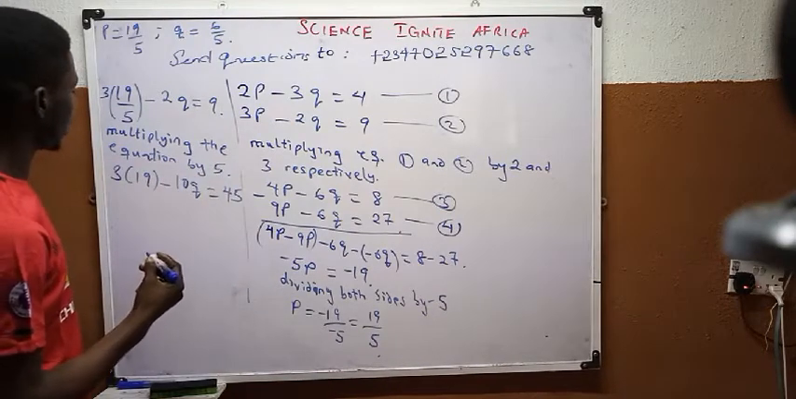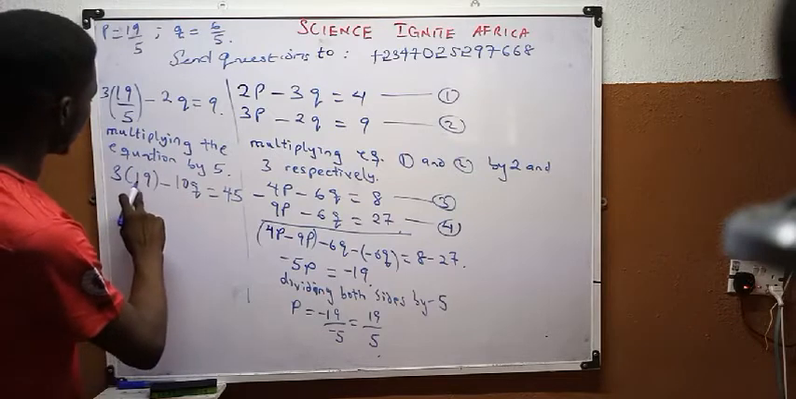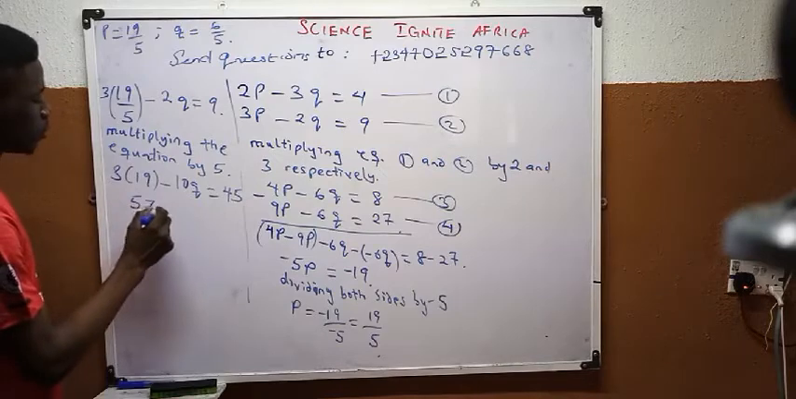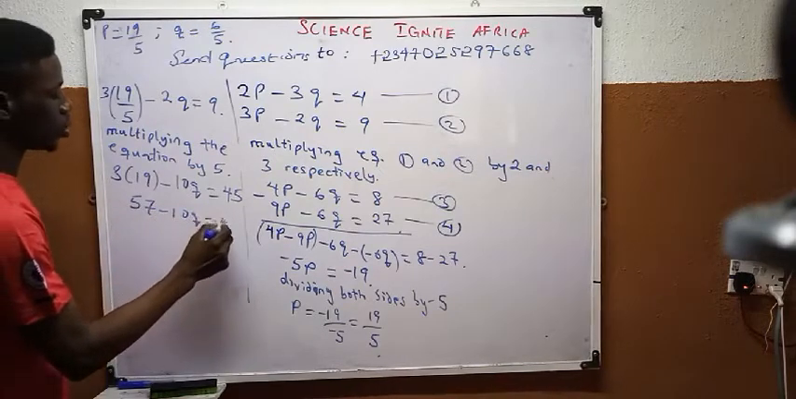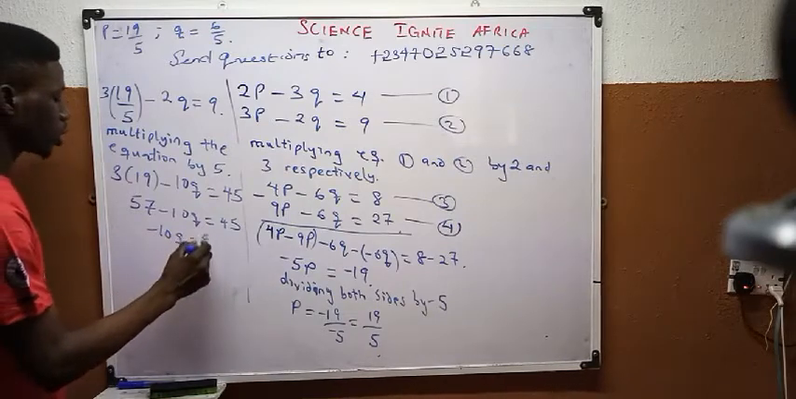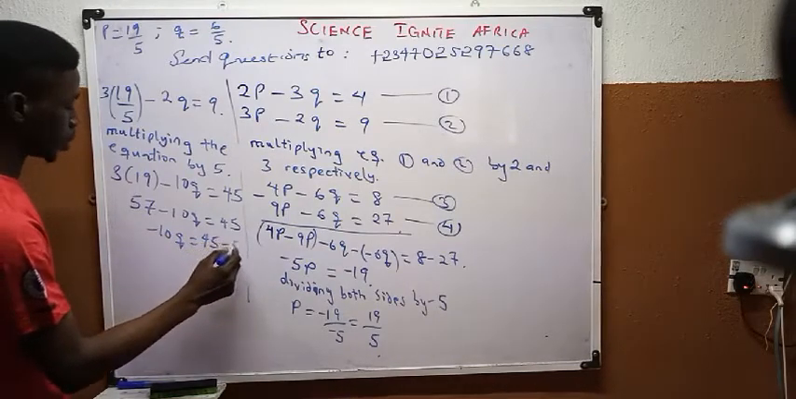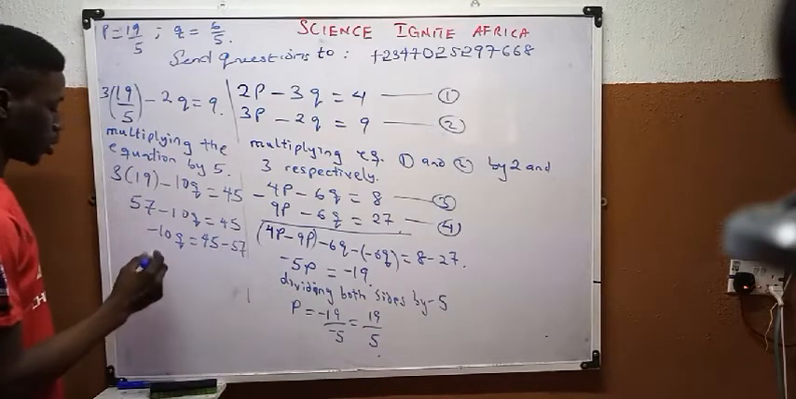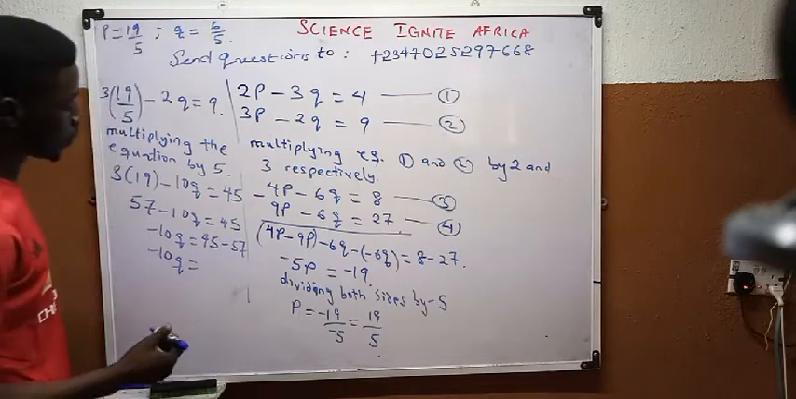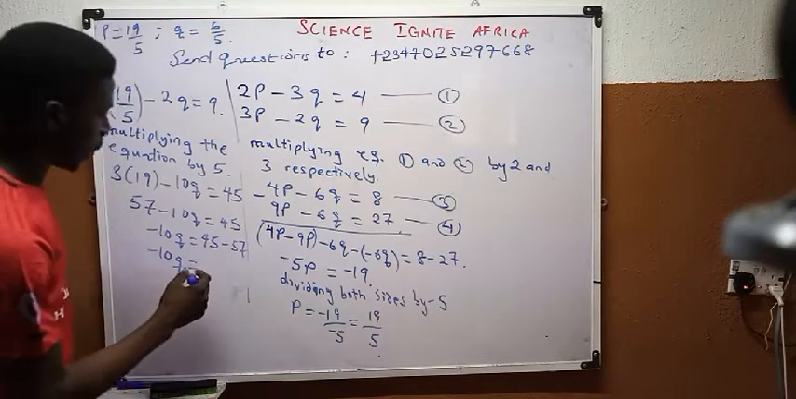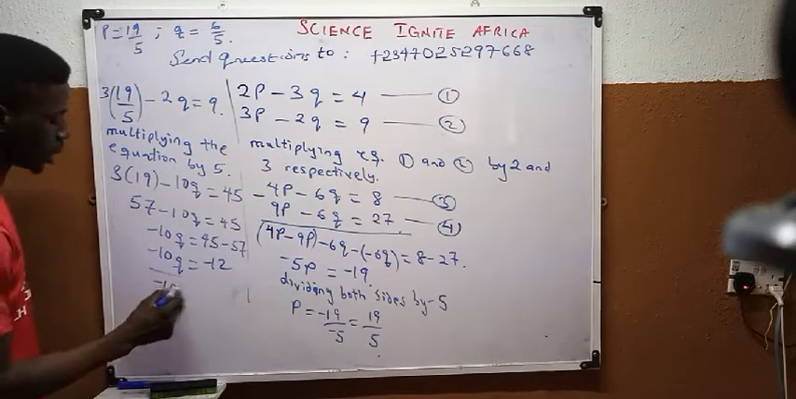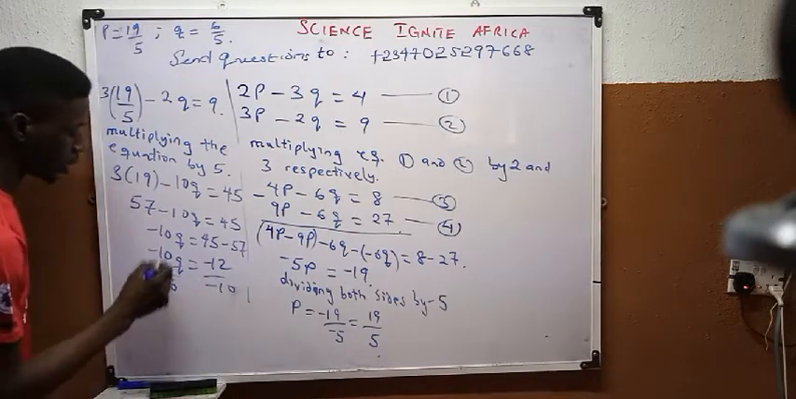So what is 3 times 19? 3 times 19, that should be 57. So we have 57 minus 10q equals 45. So I have minus 10q equals 45 minus 57. So minus 10q will be equal to 45 minus 57, so that should be minus 12. So when we divide both sides by minus 10 now,